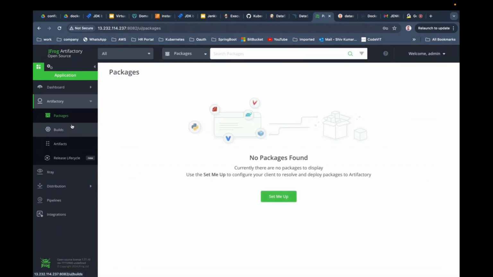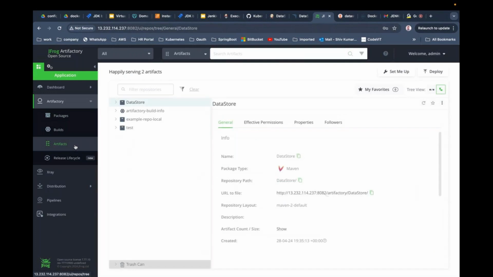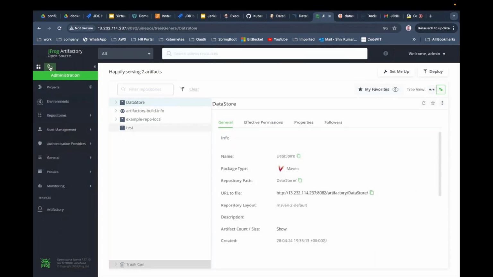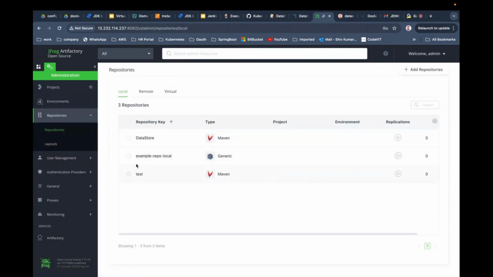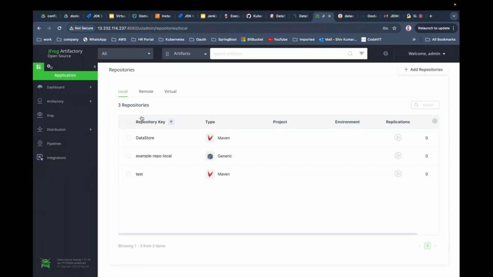Click on this one second. Click on this artifact section. Click on this artifacts. You will be finding the test repository, like that data store repository which is shown here. The test repository will be shown here, which I have created in this icon. I have created a repository called test. In the same way, I have created the data store that will be reflected as part of this